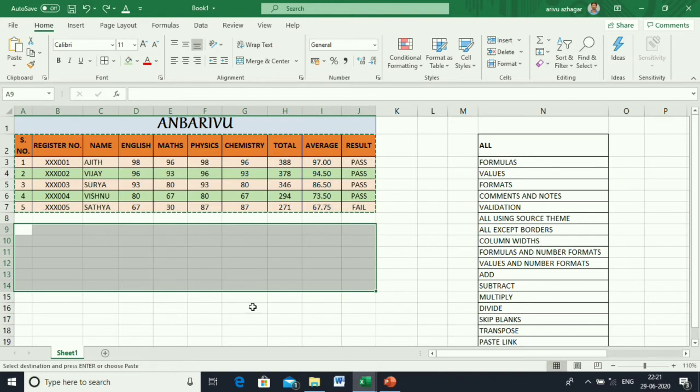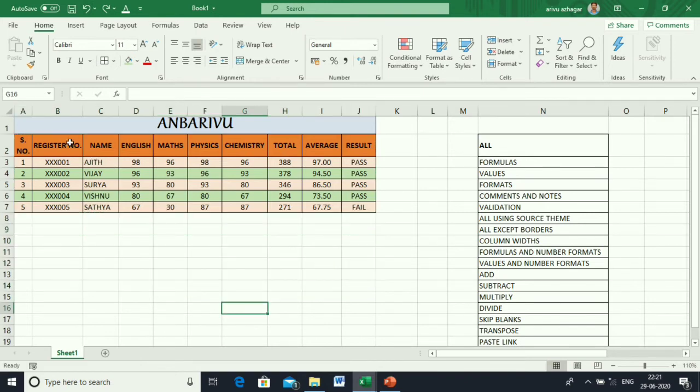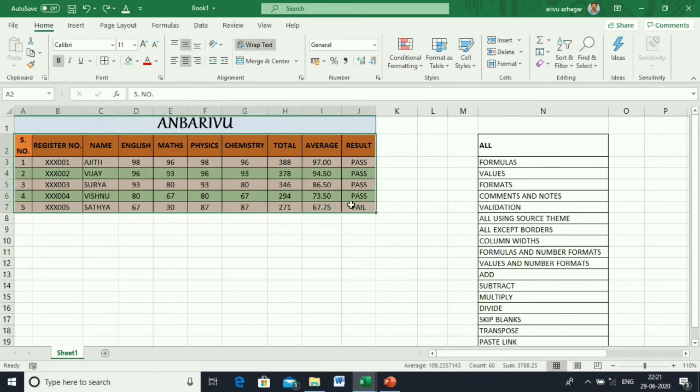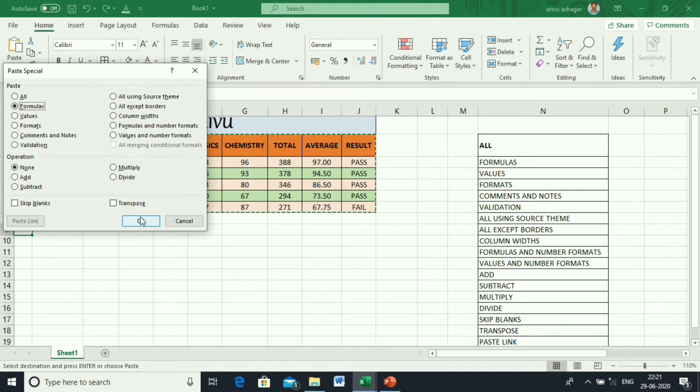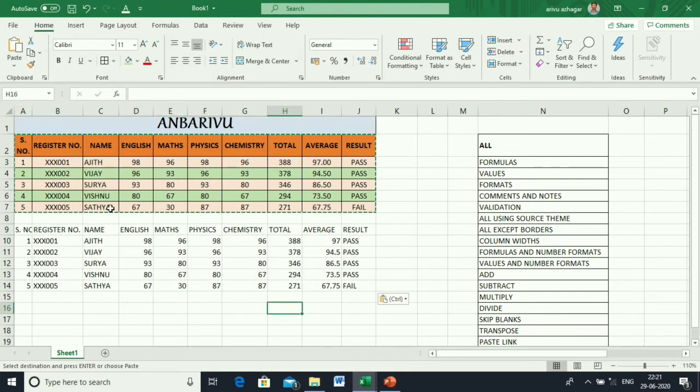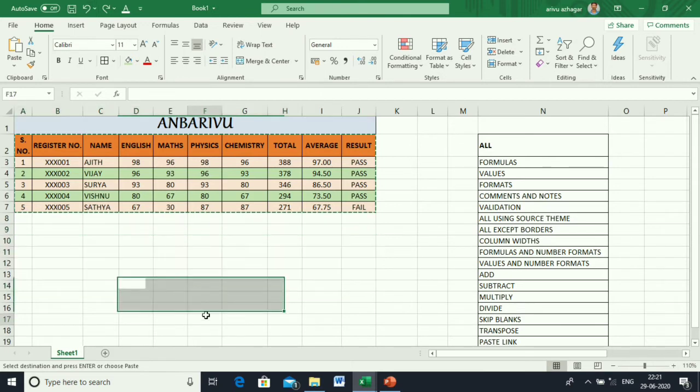Next, formula. Copy the table, then go to Paste Special, select formula. Here numbers and formulas are pasted except borders and formats, remaining things as in the original data.